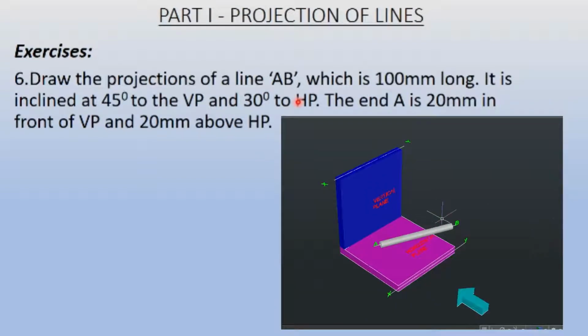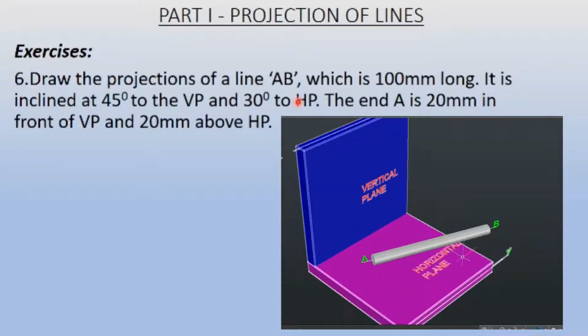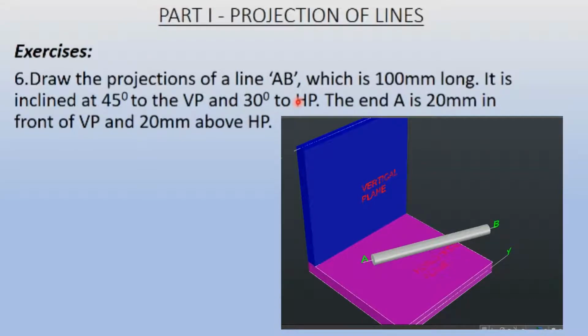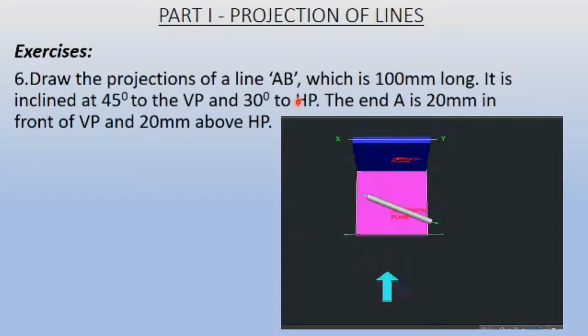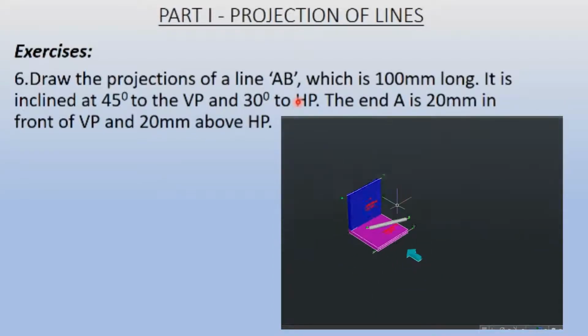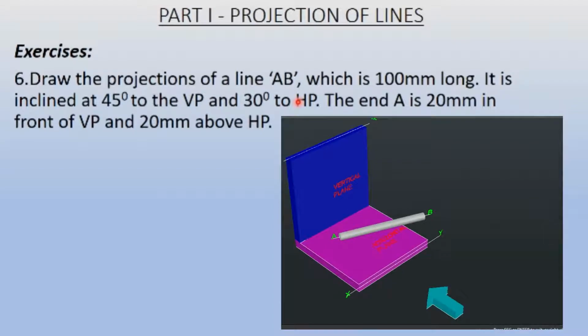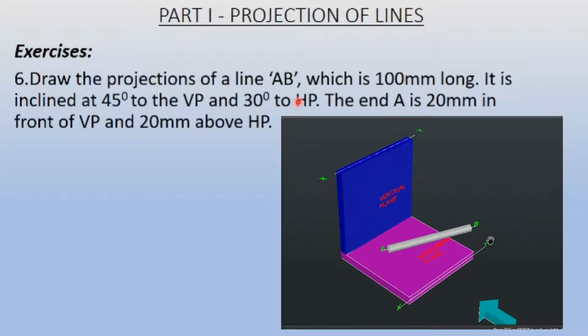Now this is a little bit trickier question, because the angle is given with respect to both the planes. This means the line is inclined to both the planes, and we have seen that the angles are, with respect to vertical plane it is 45 degree, and with respect to the horizontal plane it is 30 degree. And this is the position from the previous question, question number 5. The line was inclined to the vertical plane, that is why it is somewhat inclined to this vertical plane, and it is parallel to the horizontal plane. We have seen its top view and front view. But here for this question, that is question number 6, we have inclination with respect to both the planes.